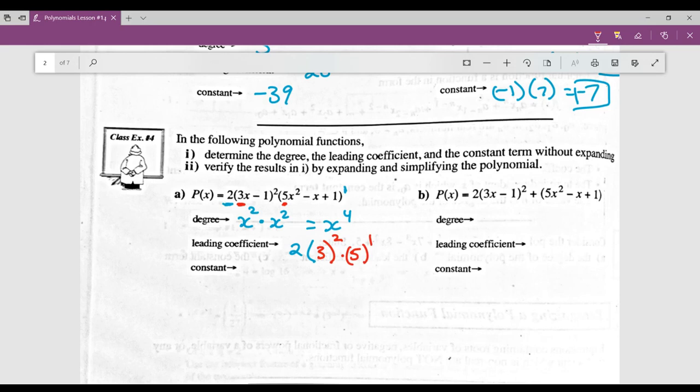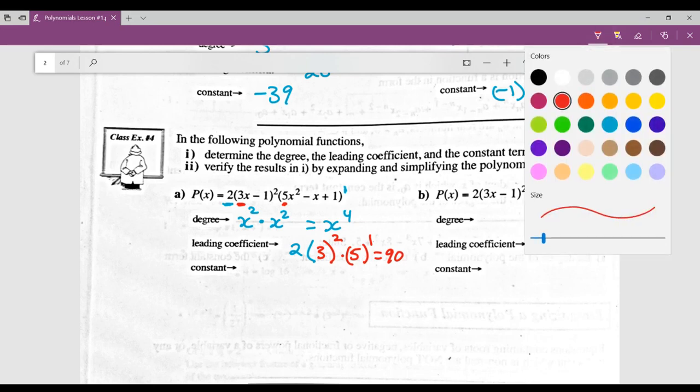3 squared is 9, times 2 is 18. 18 times 5 is 90. And if you expand that out, you would get 90 as your leading coefficient. The constant term,